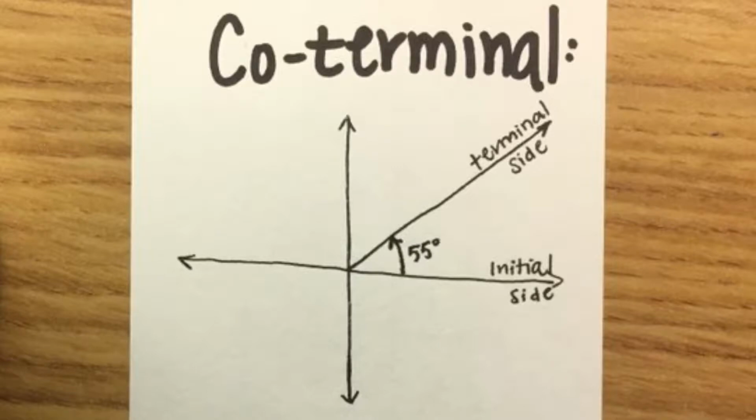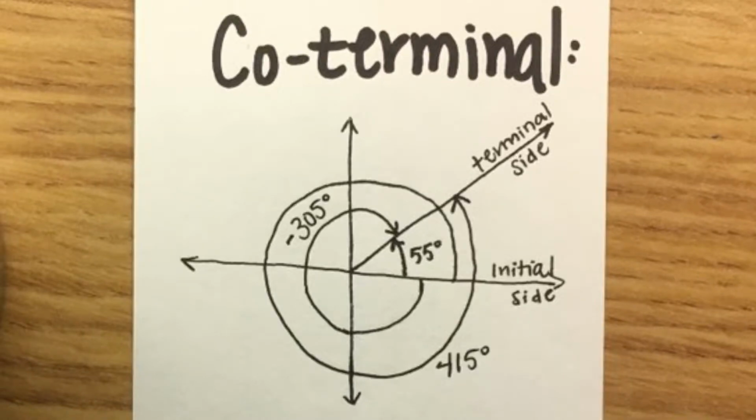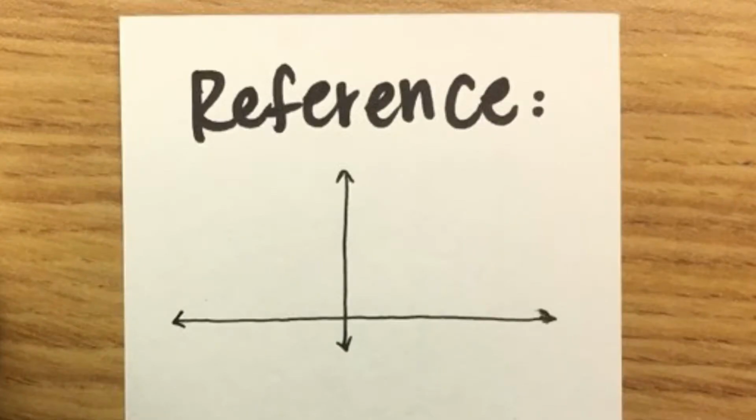In order to find the coterminal angles for that angle, we could subtract 365 degrees, which would get us a coterminal angle of negative 305 degrees. Another coterminal angle would occur when we add 365 to the 55 degree angle, which would get us a coterminal angle of 415 degrees. On the other hand, a reference angle is described as the smallest angle between the terminal